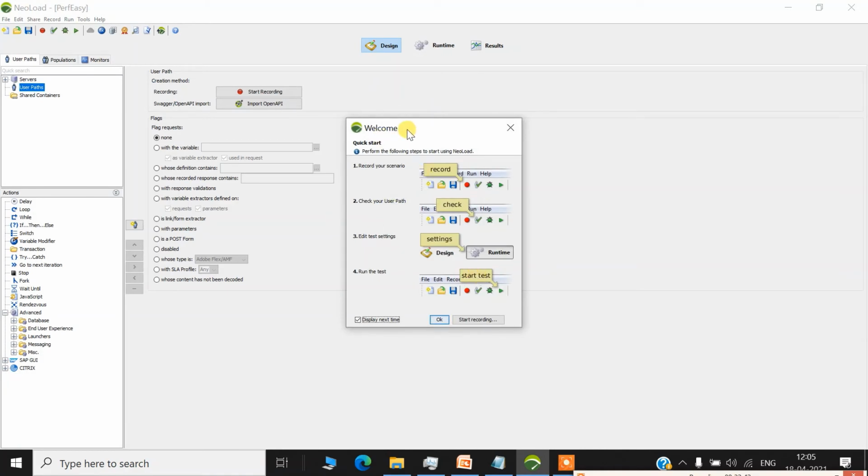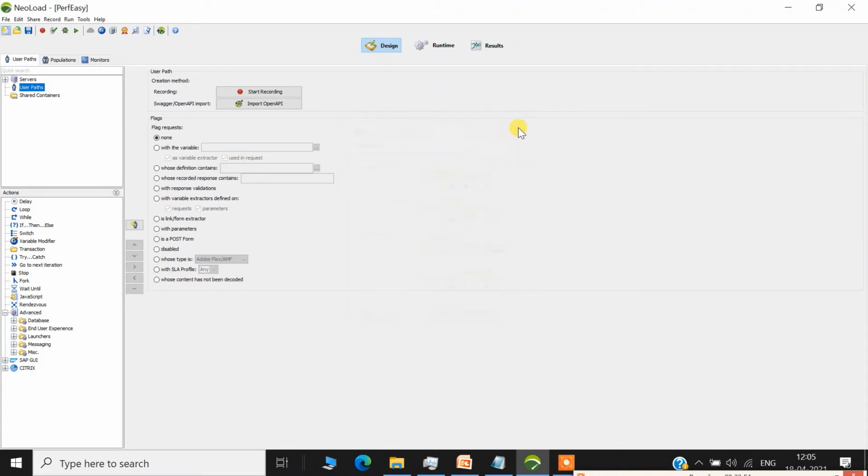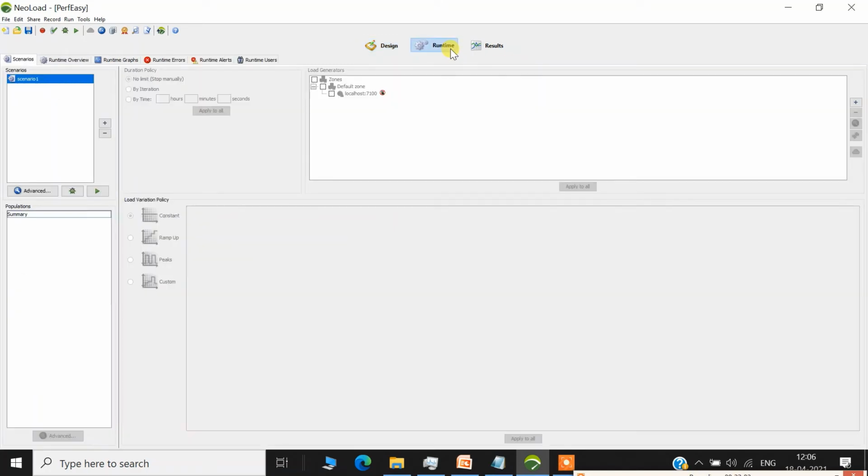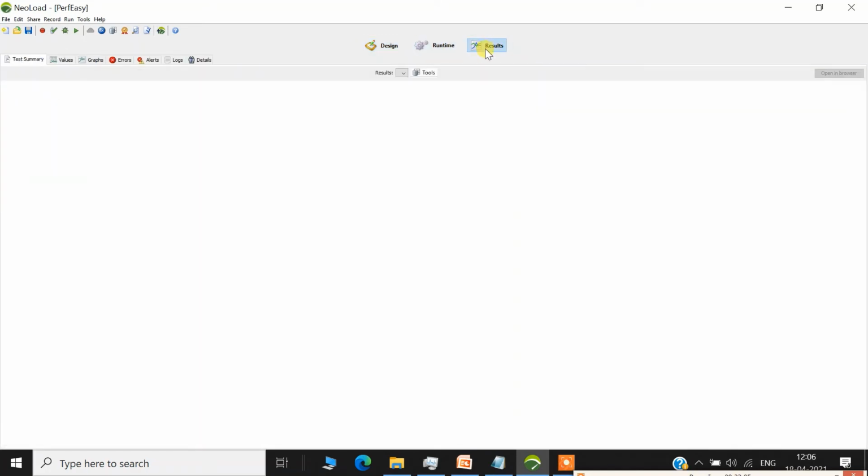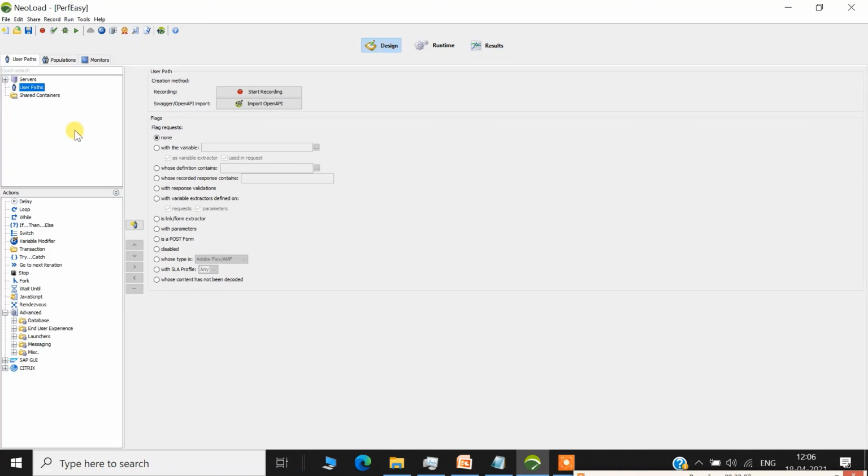First, you will see a wizard which can guide you in recording the script. But right now I am going to give you a quick introduction to the interface, so I am going to close this. Here, the first tab is Design, the second tab is Runtime, and the third is Results. Design is to create the script, make sure the scripts are correctly recorded, replay the script, and do the customization.